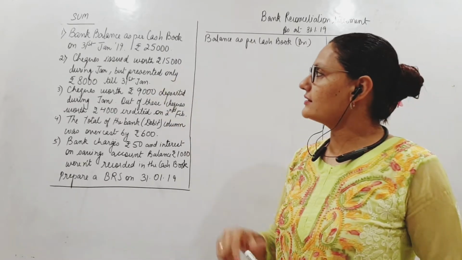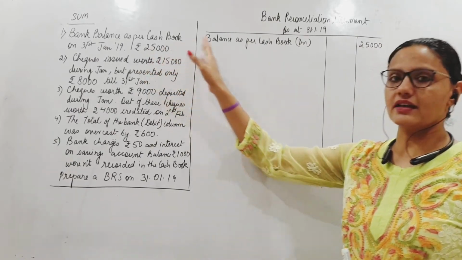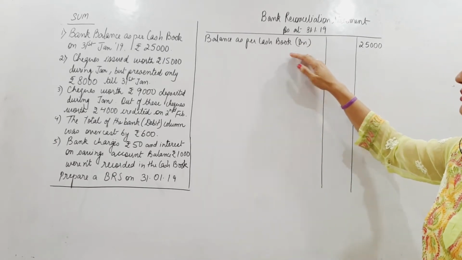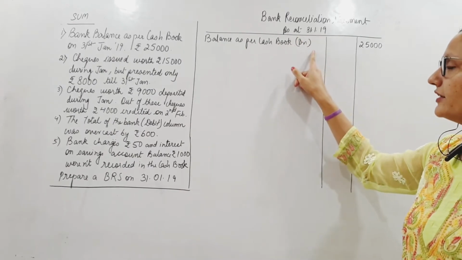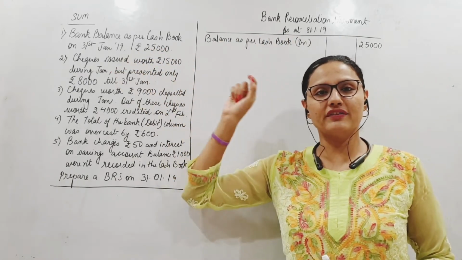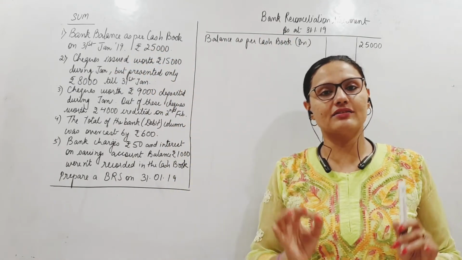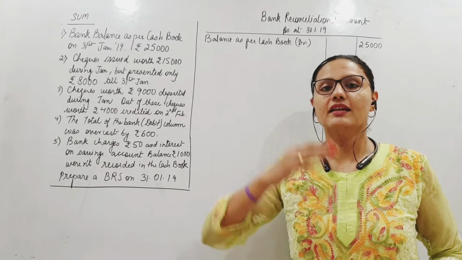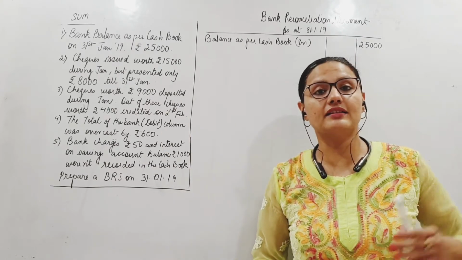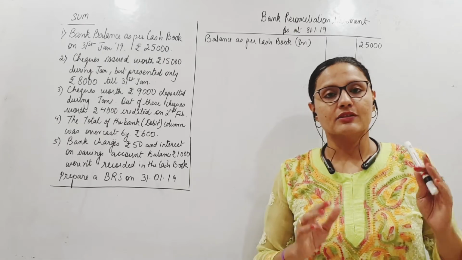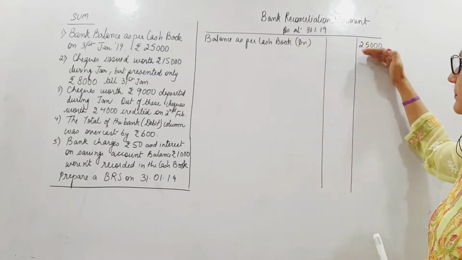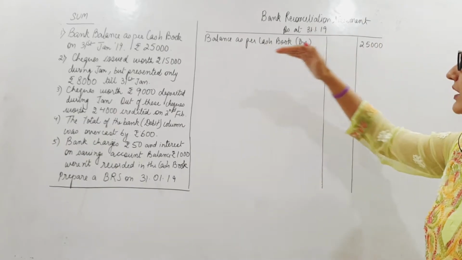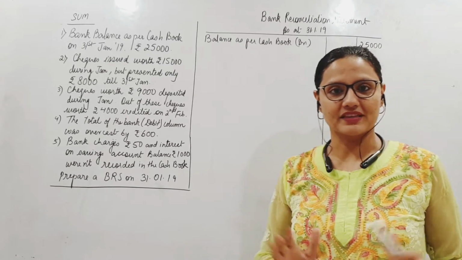Checks issued. So basically this is our starting point. Bank reconciliation statement, date and the bank balance as per cash book is given to us. I have written debit here, although it is not stated here. But what do we assume? Yes. If nothing is said, we assume that bank balance is a positive bank balance. Positive means debit. Debit meaning I have deposited more in the bank rather than withdrawn from the bank. So this is a positive bank balance. I have made two amount columns here. This is just for the sake of calculation, nothing else. So put the given balance in the outer column there.